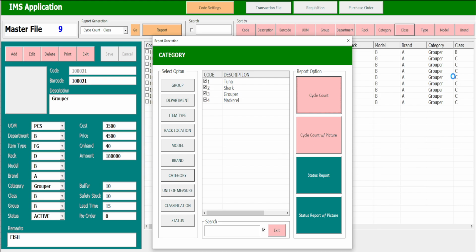So the system is now grouping per category. You're almost done. Then mackerel.